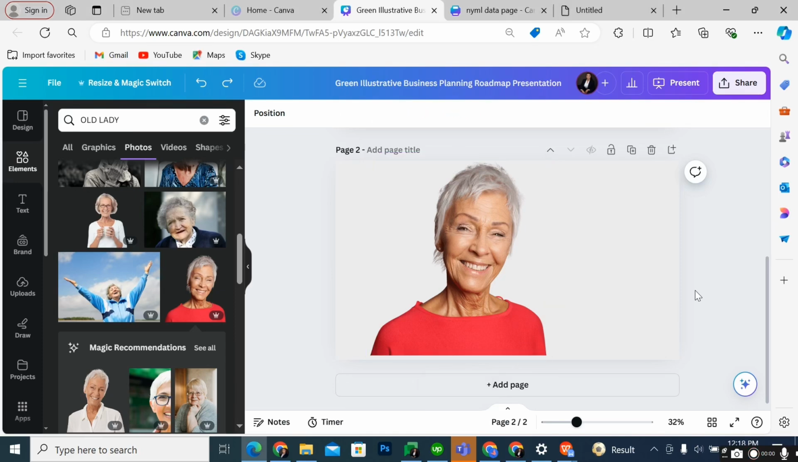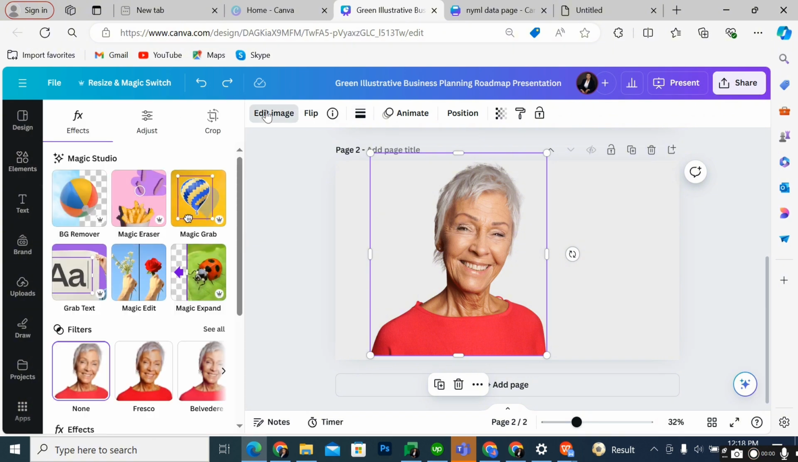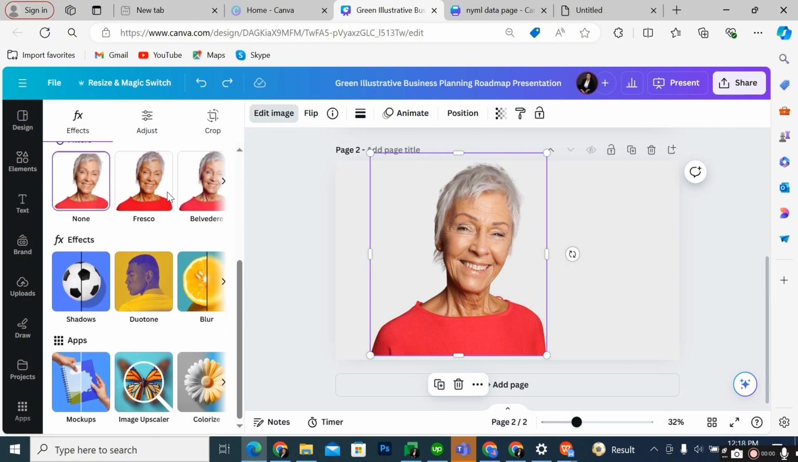In this video, I'm going to show you how to face retouch on Canva. So the first step will be to highlight the image, go to the top of your editing page where you have all these icons here and select edit image. When you click on edit image, you scroll down